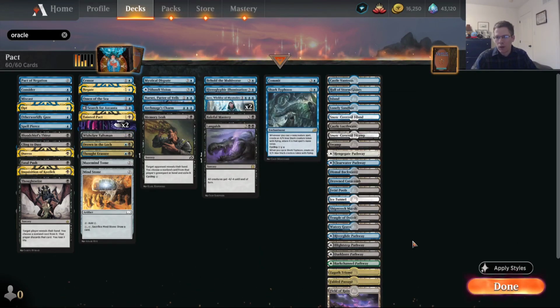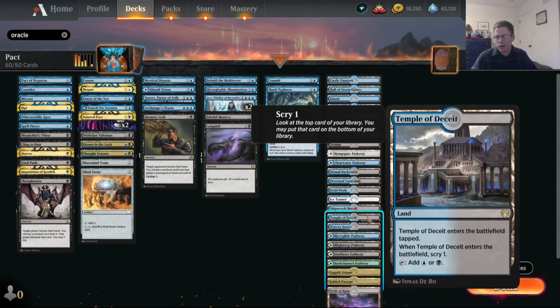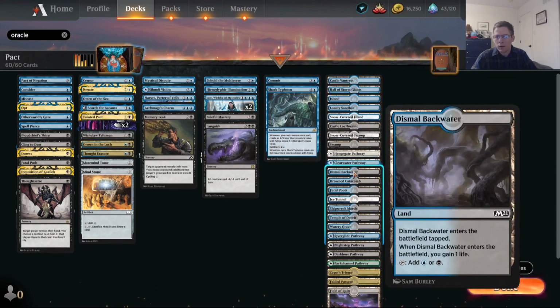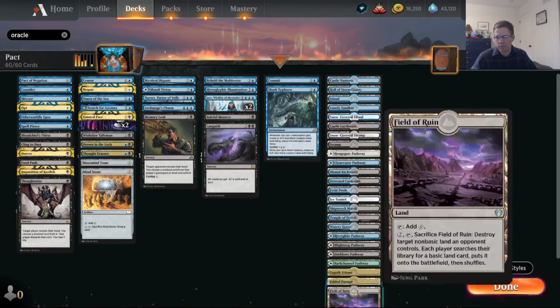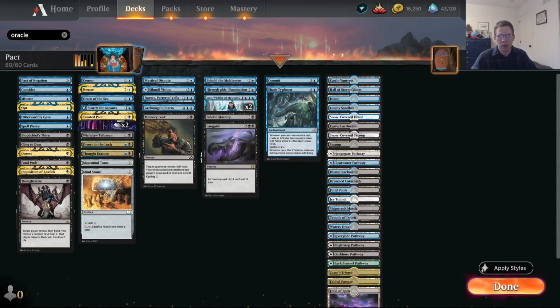There are a couple of pretty awkward lands, like you would not put Ice Tunnel in a Historic deck normally, but you have to do it because of the singleton requirement. Same thing with Temple of Deceit, and I think there's a Dismal Backwater. But other than that, it's kind of the usual suspects of lands. You just need to make sure your deck's a singleton deck, so don't play more than 1 of each basic land. Then we've got